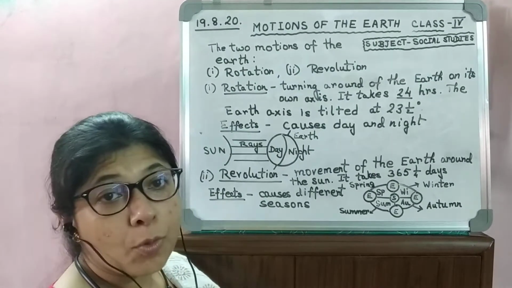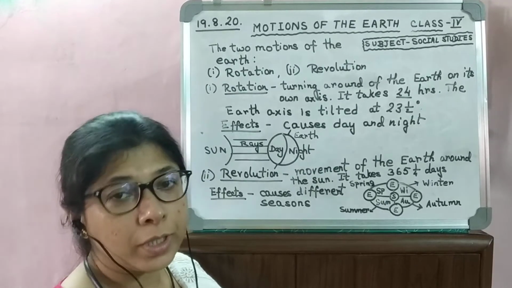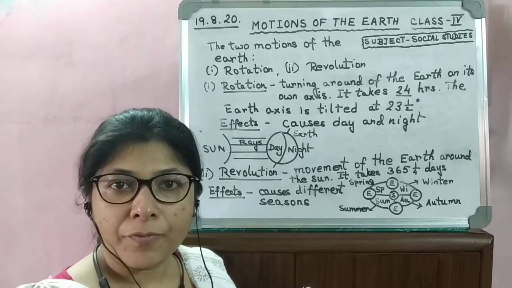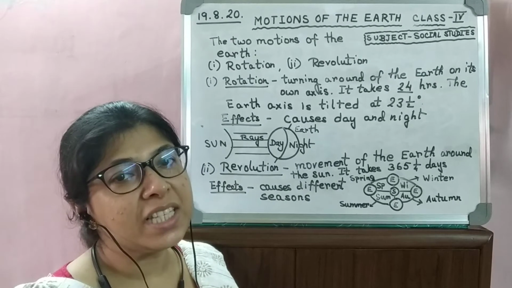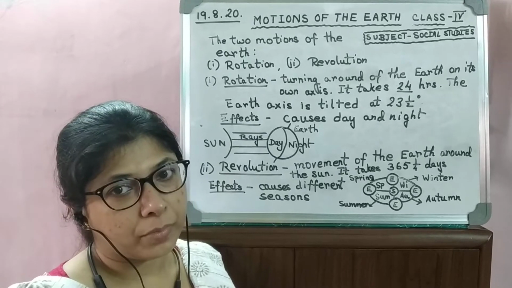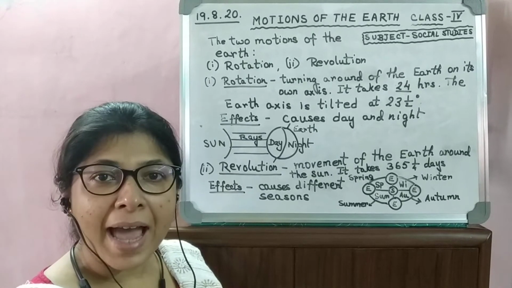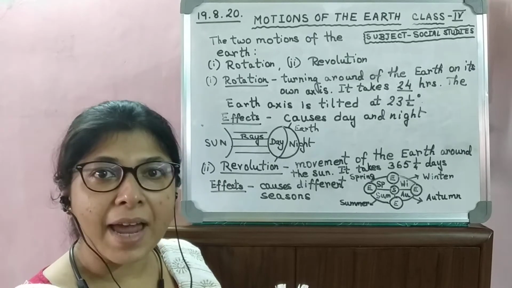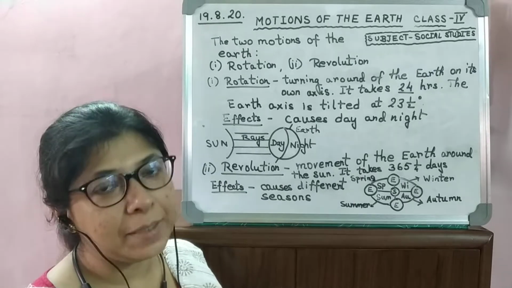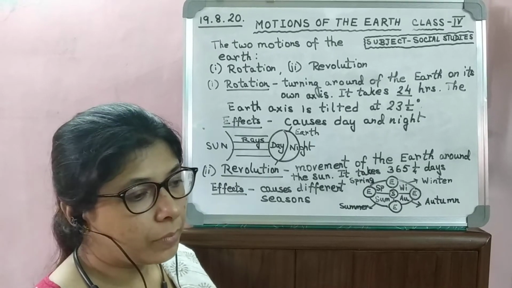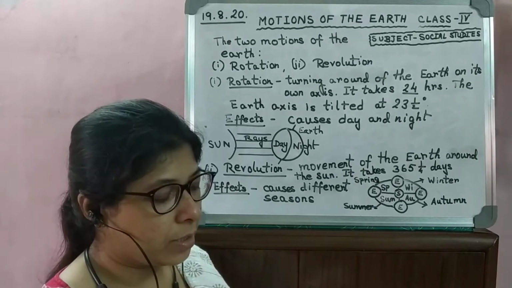Now, this 1/4 day is added every 4 years to the month of February as one day, and the year becomes 366 days long. After every 4 years, the year having 366 days and February having 29 days is known as a leap year. This leap year happens after every 4 years.